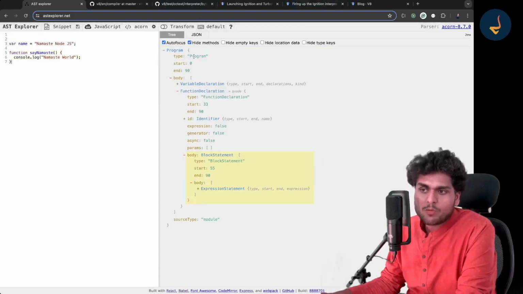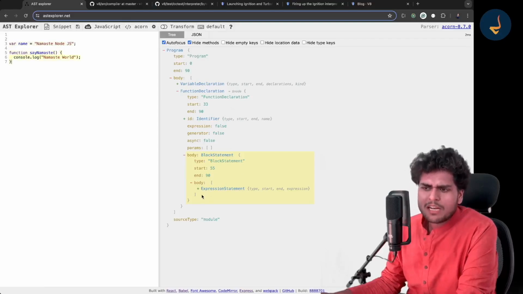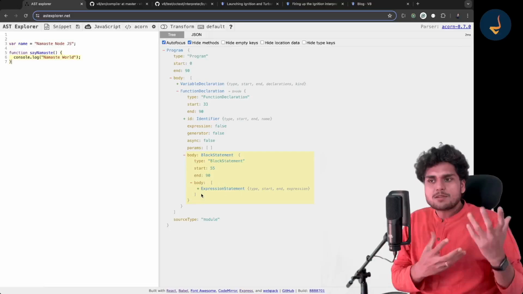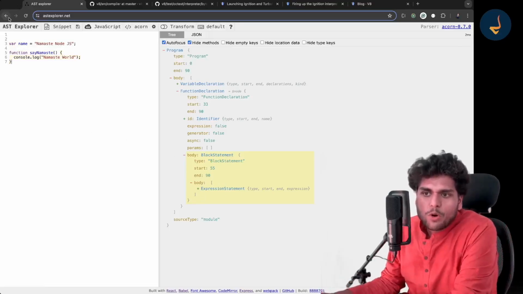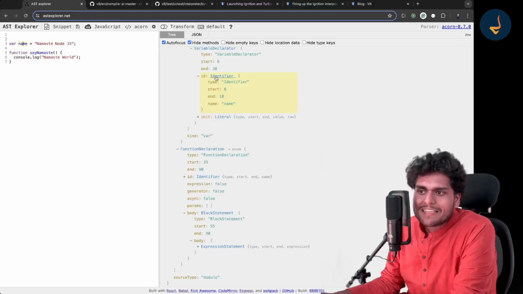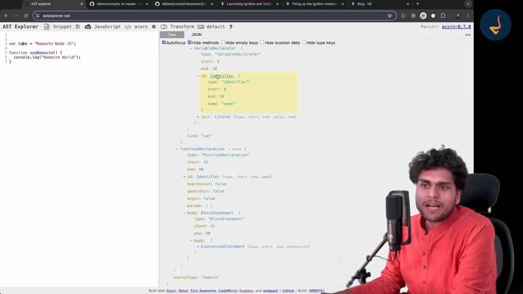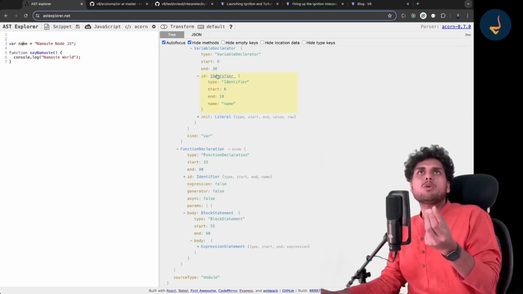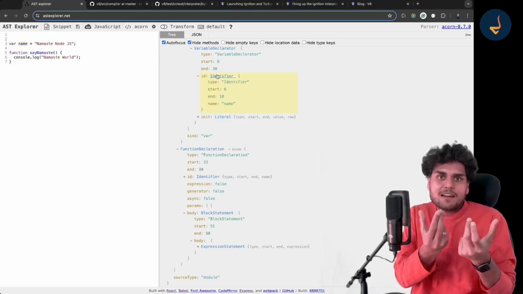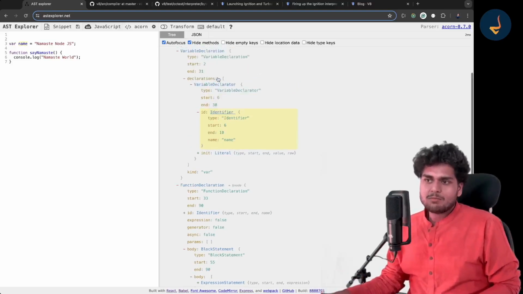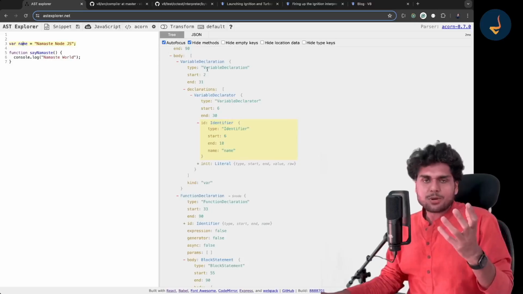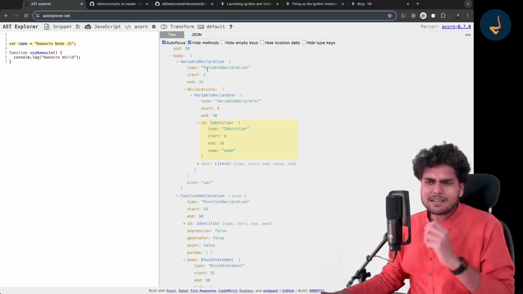This is the AST. So what is this AST? It's a program, type program, and if you just go and explore this website, right? It is very fun to see, right? And if you go and see this name, it says that, okay, there is an identifier. And what is the identifier? So basically identifier is known as a label, right? Basically, suppose, let me just tell you what happens, a little bit of it.